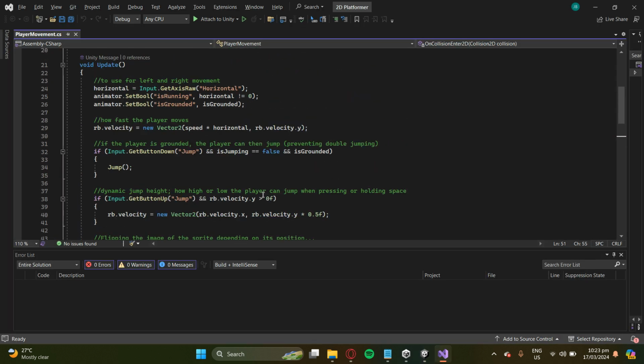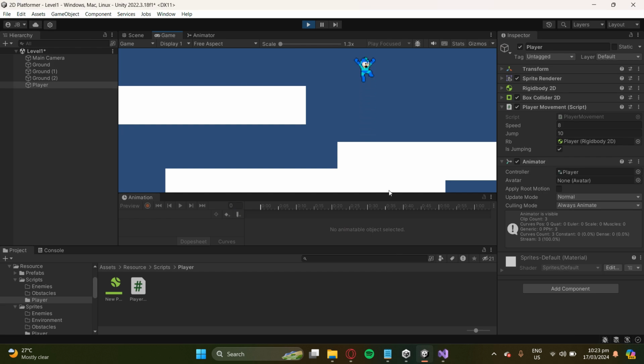So other parts of the code are mostly tailored towards jumping, like the dynamic jump height. So like how high you want him to jump. And speaking of that, it's the jump power. So let's see if we decrease it, you can see that the jumping power is very, very weak. But if we increase it past 10, which was our default value,